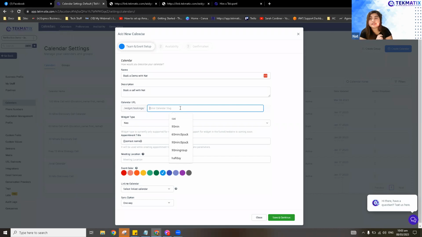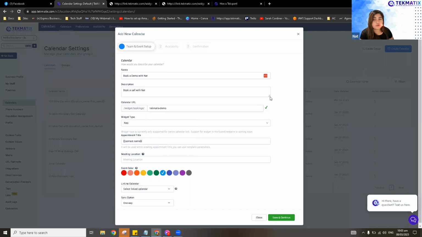So I suggest you put in your company name, business name, or branding name, and then the exact booking. For example, I'll do TekMatix and then demo. It will show a check right here. That specific slug or those keywords need to be unique.